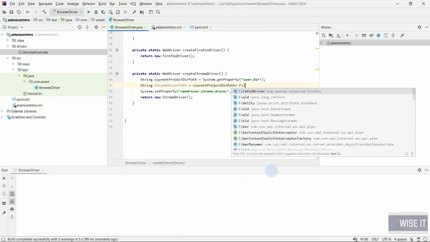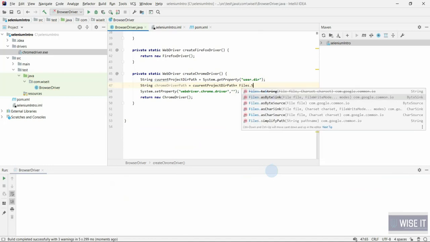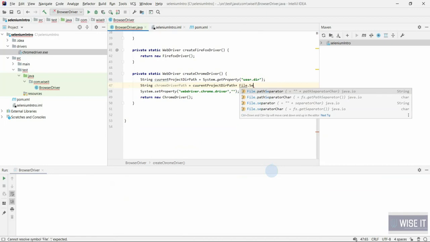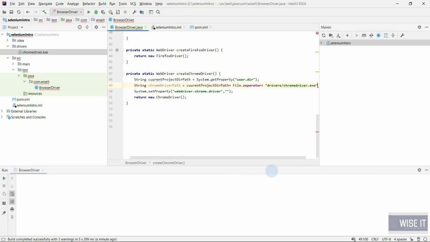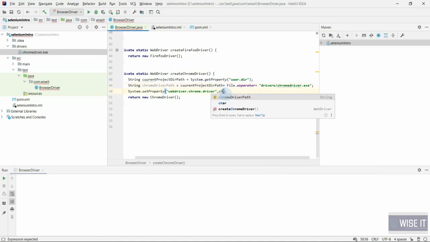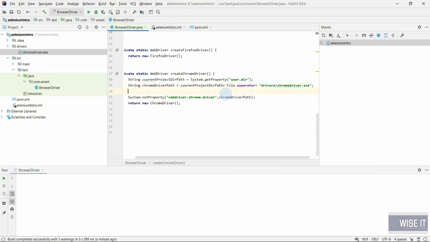So we'll use File.separator plus, and the path is drivers, chromedriver.exe. And this Chrome driver path you should mention here, Chrome driver path. Okay, cool. So now our Chrome driver is ready.